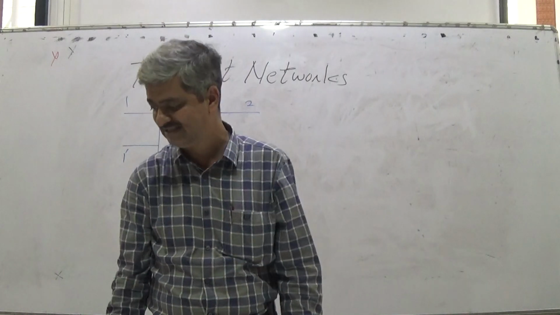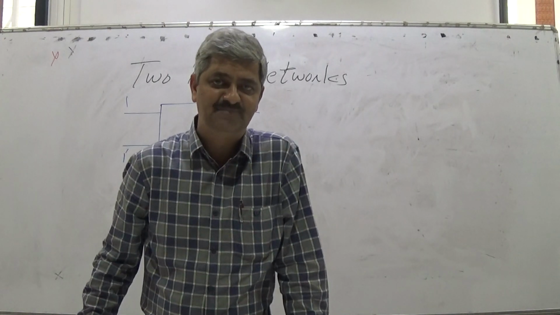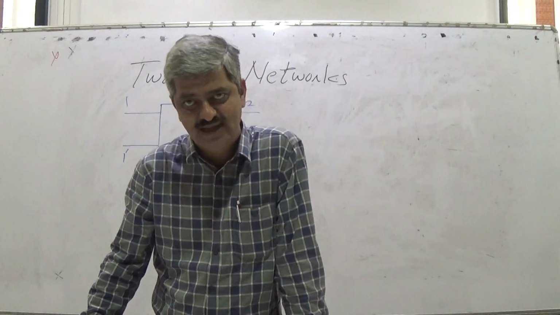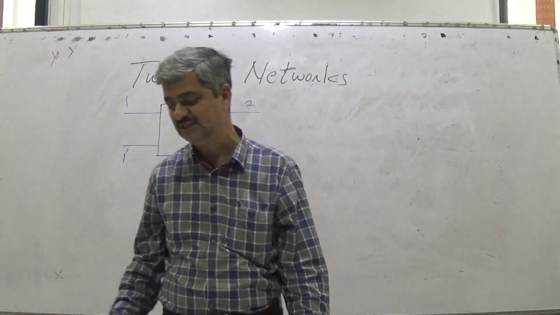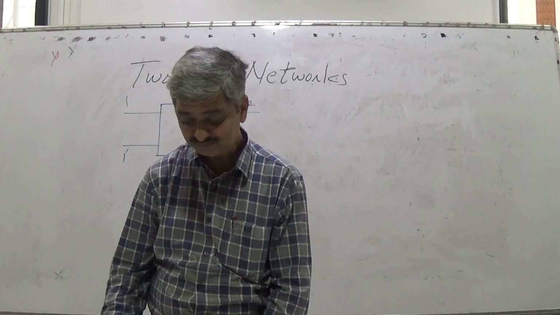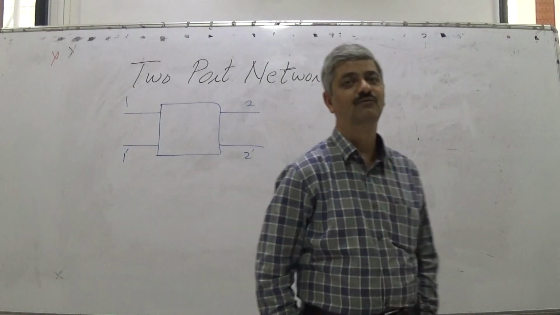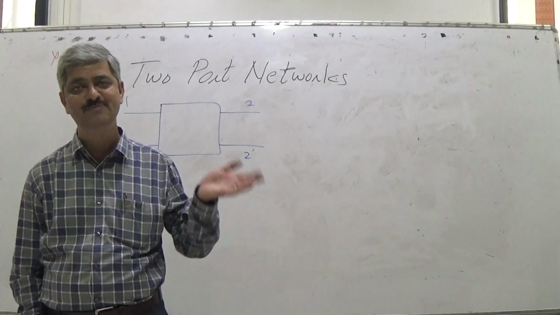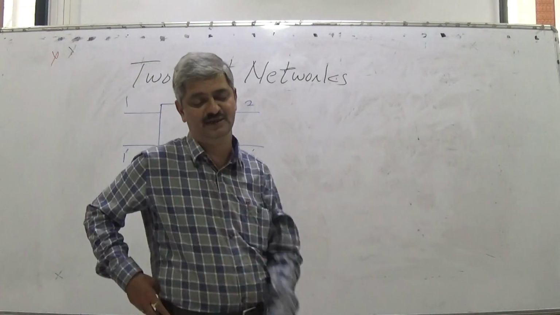So we expressed Z parameters, where voltages were expressed as a weighted sum of currents. V1 was a weighted sum of I1 I2, V2 was another weighted sum of I1 I2, and the units of all these parameters Z11, Z12, Z21, Z22 were ohms. These are called open circuit parameters because while computing them, we have to keep one port open for two parameters and the other port open for the remaining two.